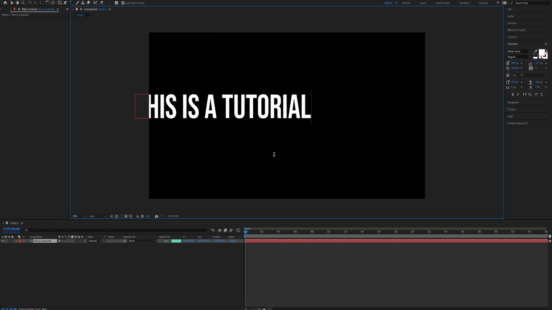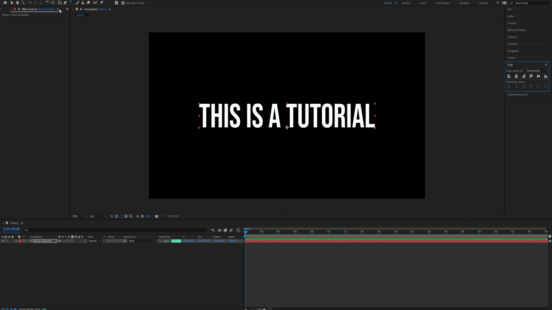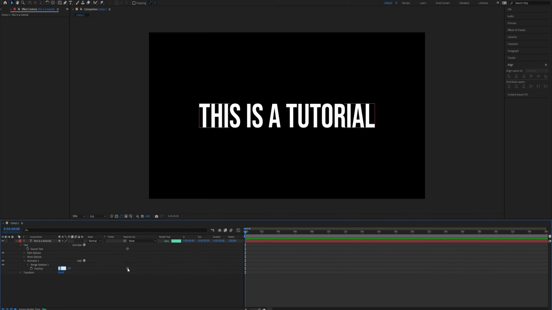Now set the text in the middle with a line. You also need to set the anchor point in the middle of the text. Now open the text layer, then hit the animation icon and select position. Make the position value